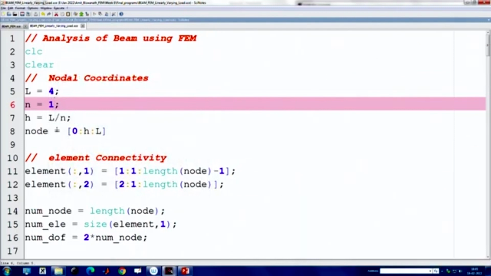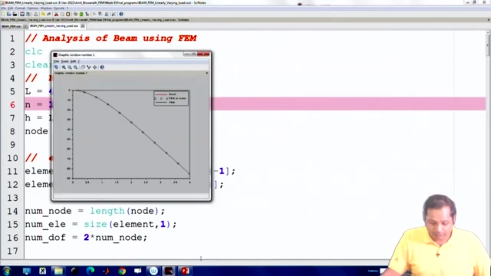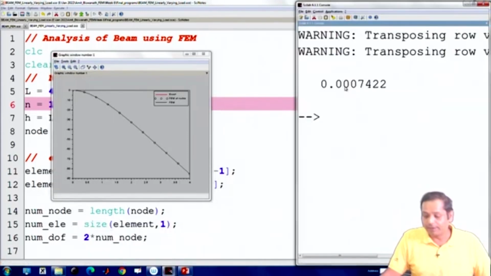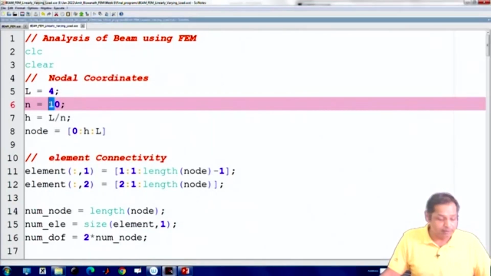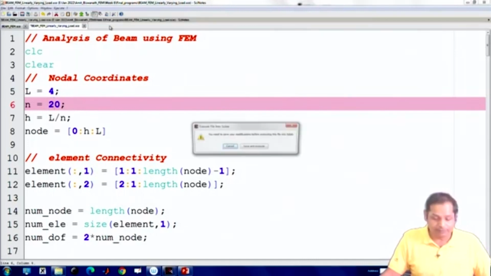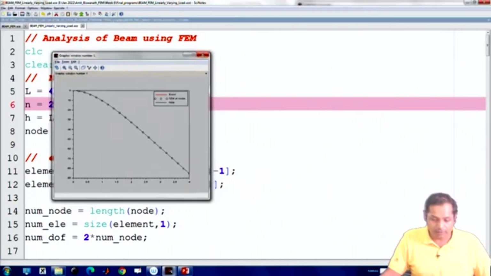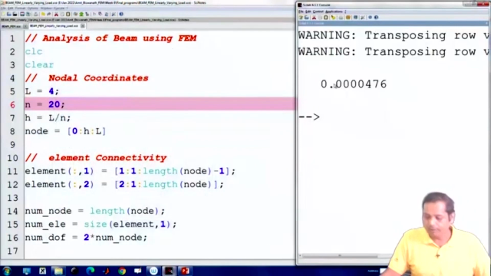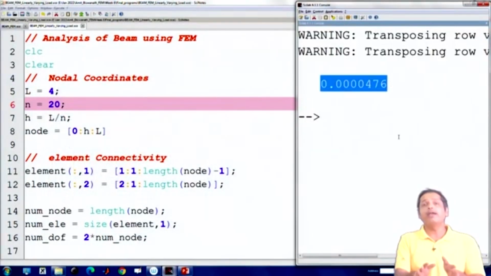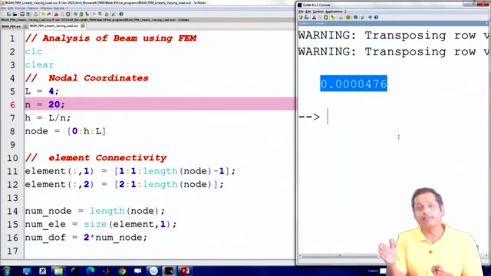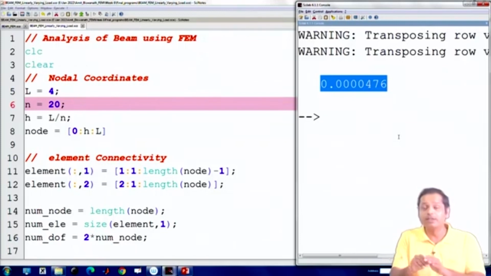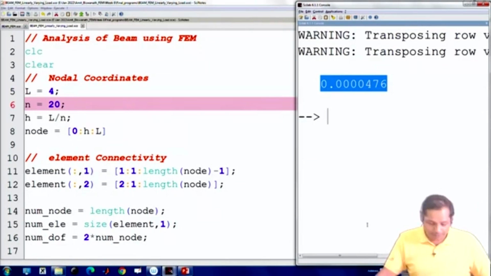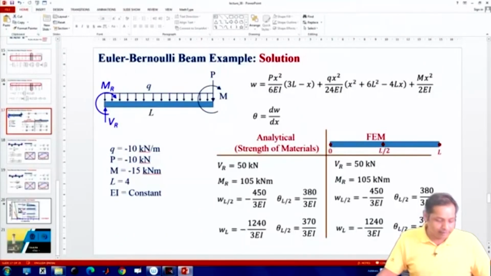Now, if we increase the number of elements and make it 10 elements and then check it, we will see that the error is very small. If we further increase it, let's make it 20 elements, the error is further reduced. So here we have seen that if we keep on increasing the number of elements, we converge to the actual solution. Our error keeps reducing. Now, if we plot that,